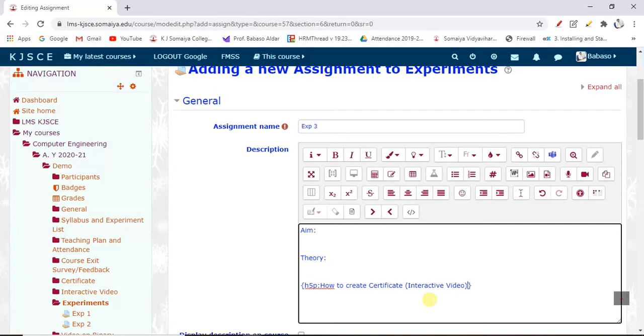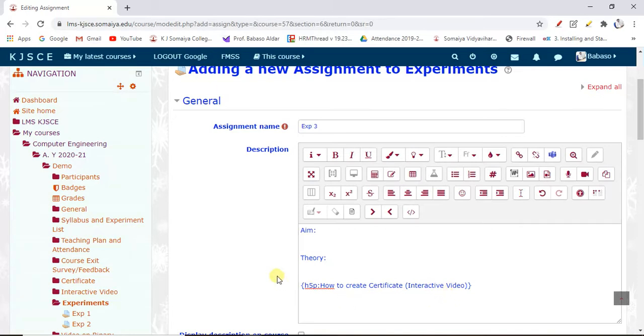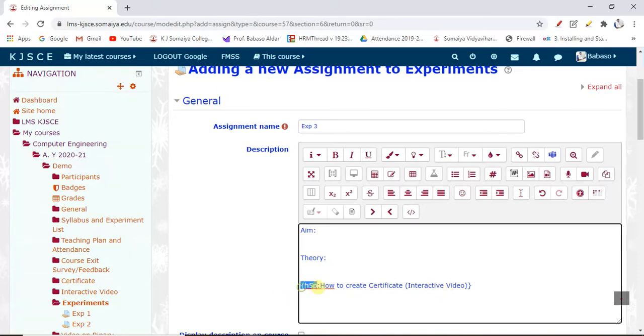When you write like this, automatically our editor will pick that video and will play this interactive content here. So the student can watch that video here, and the interactive means the pop-up questions will appear on that video. All that will be done at this point.